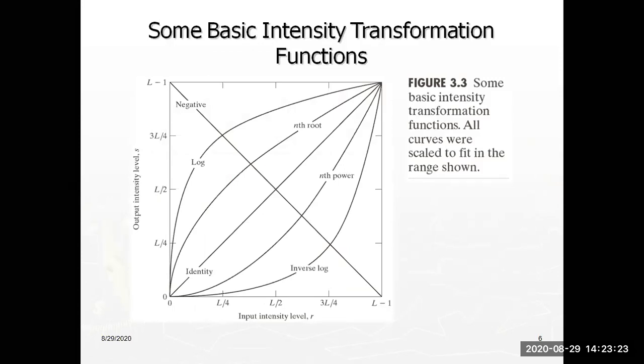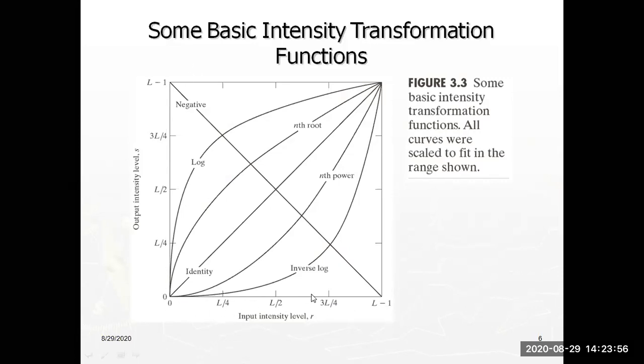So here there are different transformation functions in scaling values. For suppose input side and output side. Input side, how many levels? 0 to L minus 1. Output side is also 0 to L minus 1, of course. Already I told you, even though it is 0 to L minus 1 on both sides, the input pixel after transformation may not be the same as the output. Definitely it is changed. However, the scale range is the same, 0 to L minus 1.